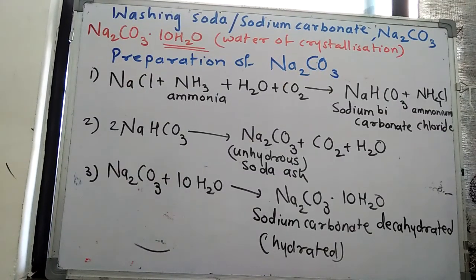See, now we have to study washing soda. Washing soda is sodium carbonate. Formula is Na2CO3. We say that Na2CO3 is the formula of sodium carbonate. Actual formula of sodium carbonate is Na2CO3 dot 10H2O, and this 10H2O, these water molecules, are called the water of crystallization. See, every salt contains some amount of water molecules. That number of water molecules present in the salt is called the water of crystallization.